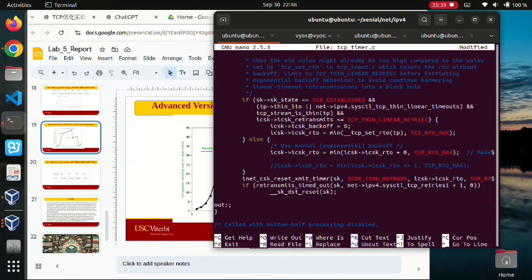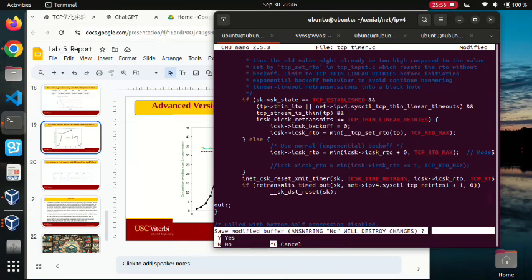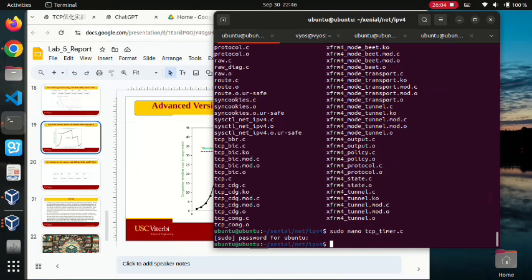You can see when packet loss happens, we don't need to prolong the time of the backoff. So just plus 0. It's interesting, but it's fine. Okay, so that's my modification of the backoff, and I also modify the code of the